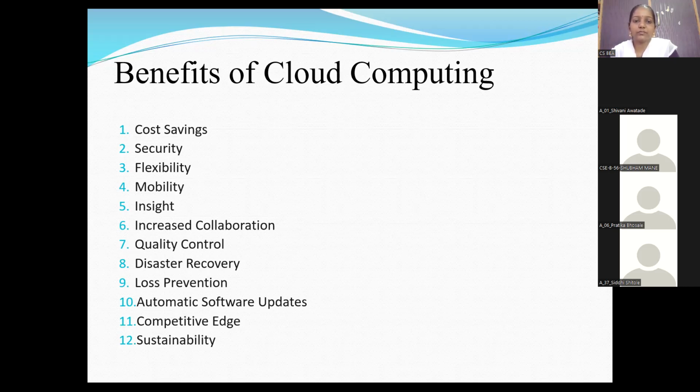Then competitive edge. So while cloud computing is increasing in popularity, there are still those who prefer to keep everything local. So that is their choice, but doing so places them at a distinct disadvantage when competing with those who have the benefits of cloud at their fingertips. So if you implement a cloud-based solution before your competitors, you will be further along the learning curve by the time they catch up, isn't it?